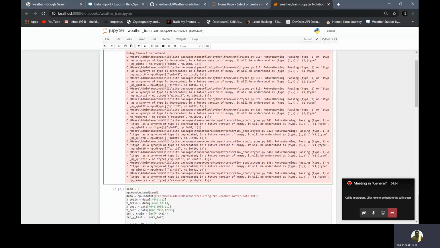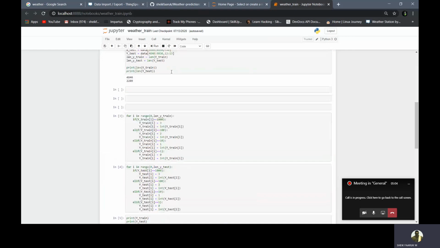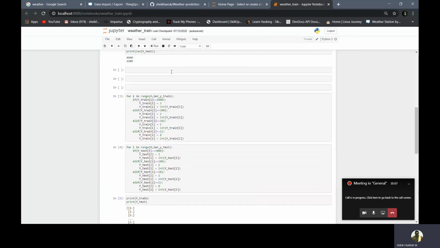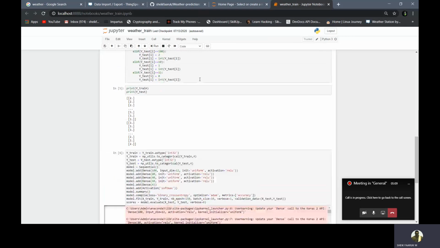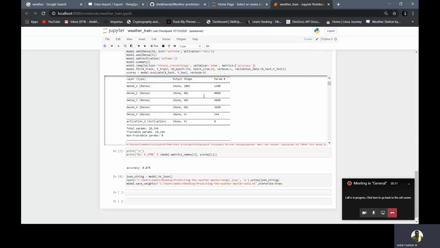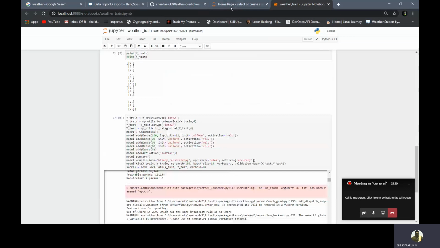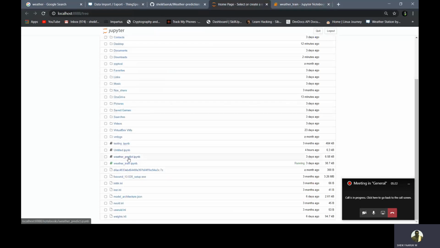We are taking the data set as a text file. There are 4648 rows in it, and we train and test the ML model. The accuracy rate is 0.87, and the trained data is stored in the data.h file, and the output is displayed in the weather predict here. So the final output is here.